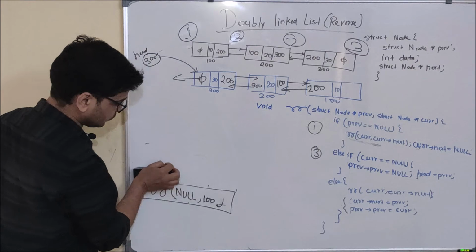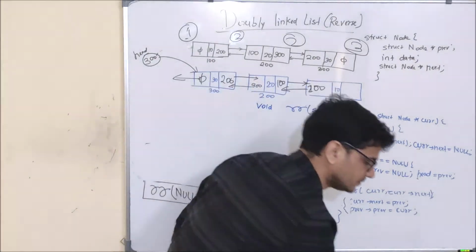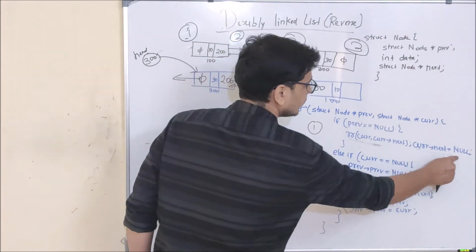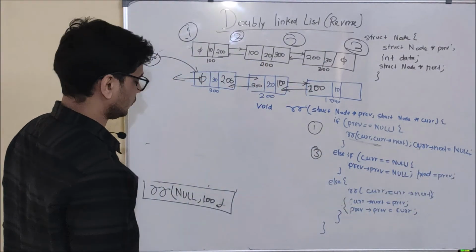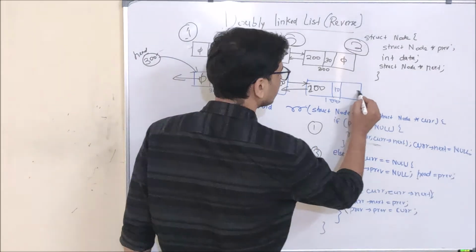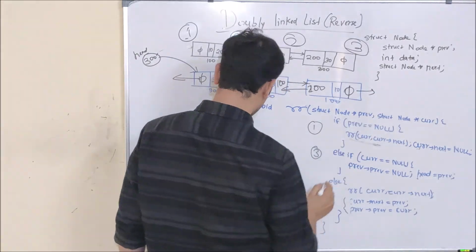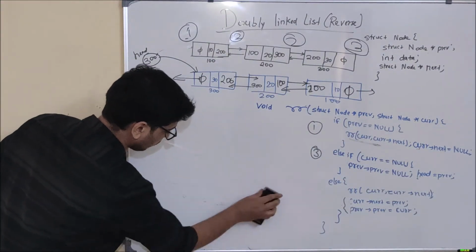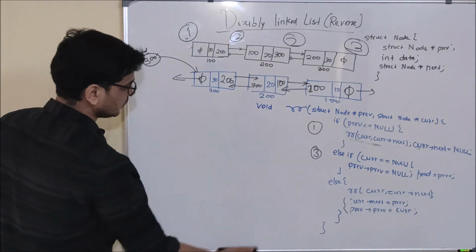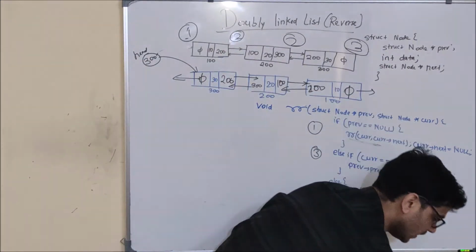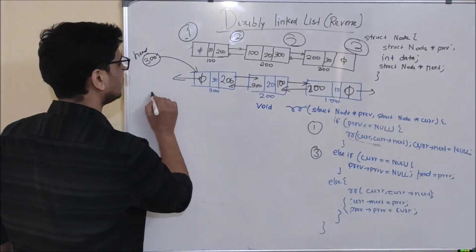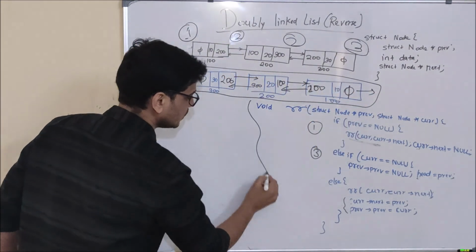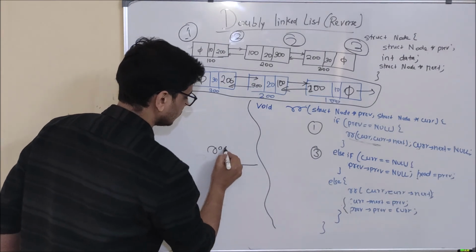And again control will come back to reverse recursive null comma 100. Okay. And for reverse recursive null comma 100, we are going to execute this line, that is current dot next equal to null. And what is current? 100. So 100 dot next equal to null. We will update 100 here. And once this line executes, this function call will also go from the stack. So our program has executed, and you can see here our doubly linked list is reversed. See how beautiful this particular recursive code is.